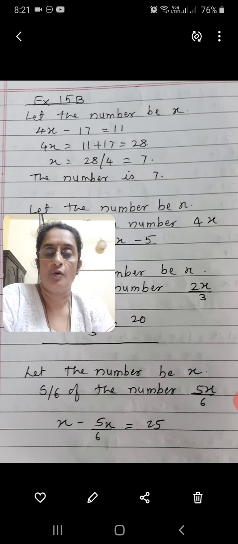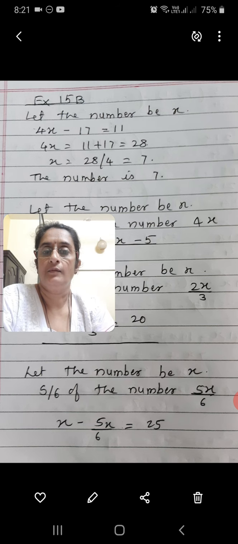Here the important part is to make an equation. Here I have stressed on making an equation only. Solving part you have to do, children. Only for a few sums I have solved it, but for the remaining sums I have only given you the equation. You have to solve it and find out the x value. Don't forget to complete the sums, because I have done only the equation part. Once you know the equation, the solving part we have already learned in the first exercise, so there won't be any difficulty in solving the equation. Here making an equation is the important part.